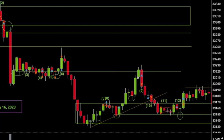I thought that the opening price for the candle next to it would hold up as support, but that just isn't really the highest probability trade, because I've learned a lot that when you move out of a zone, come back to the next upper level of resistance, more than likely, instead of seeing prices push past resistance and just keep going with momentum, they'll probably pull back down to the zone that they broke out of and then retest that zone before they make their next move to the upside. So